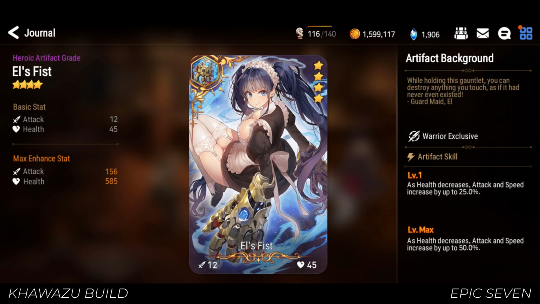For 4-star artifacts, El's Fist is a good choice, increasing attack and speed by up to 25% as health decreases. These stats go up to 50% at max level and are both great for Khawazu. That extra attack will increase both initial and burn damage, while speed increases his burn application, which in turn increases